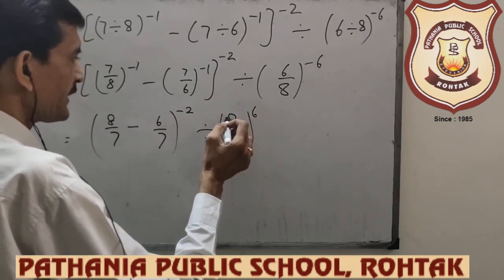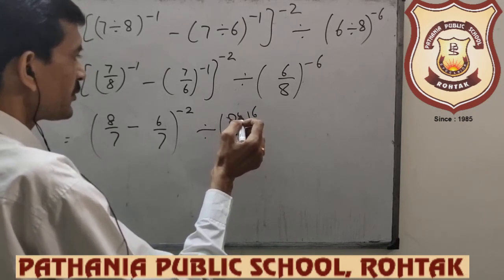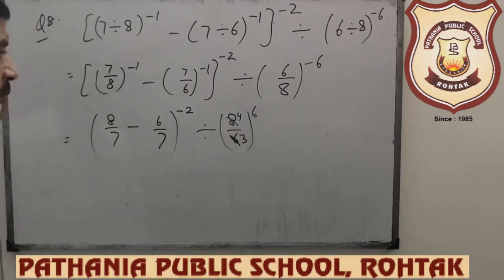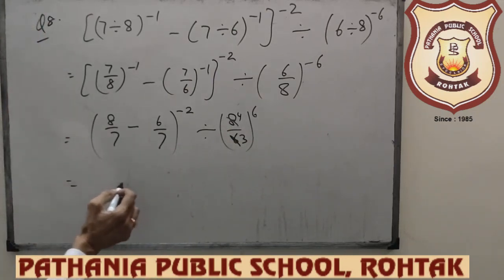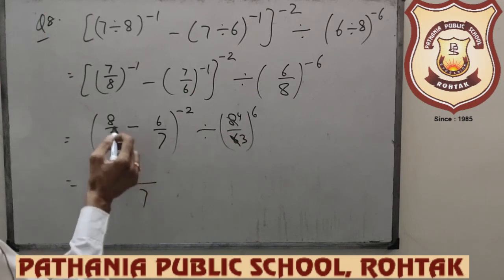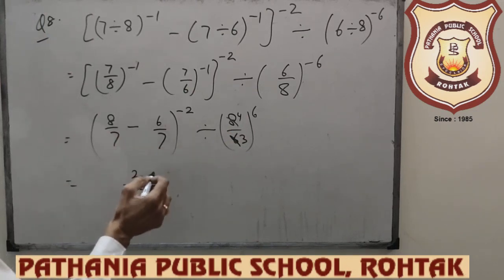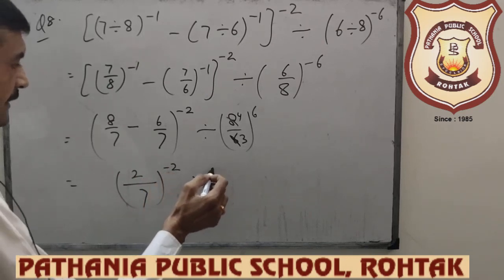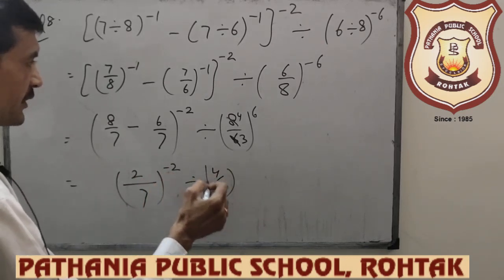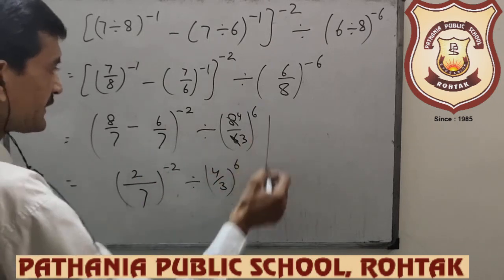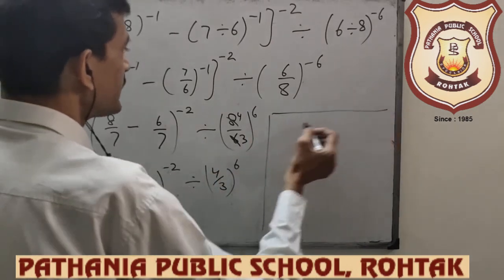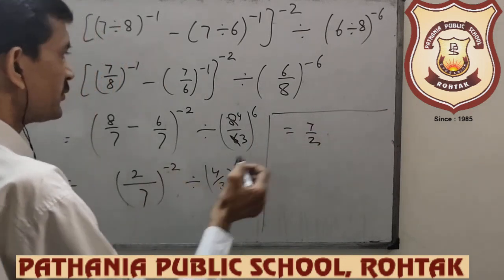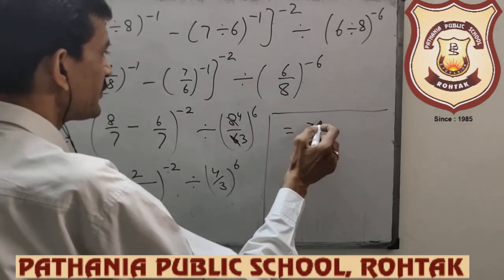Take the reciprocal and cancel it if possible. 2 4 is 8, 2 3 is 6. So in next step I will write 4 by 3. What is it? 7 is the LCM and 8 minus 6 is what? 2. 2 by 7 raised to the power minus 2 divided by 4 by 3 raised to the power 6. What is this now? This is equal to, again take the reciprocal, 7 by 2 raised to the power 2